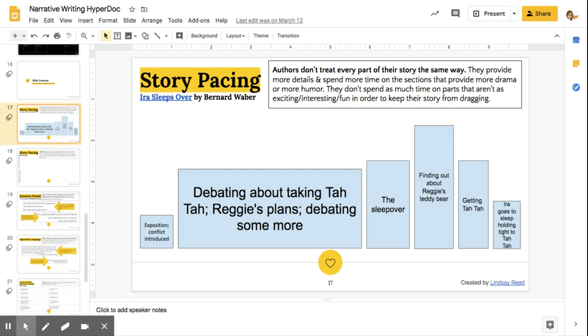One of the most important parts of writing a narrative is making sure that you pace your story appropriately. And by pacing, that means that some events you're going to spend more time looking at and stringing out, where other ones, maybe they're not so interesting, so you're going to spend less time talking about them. So for example, if we're looking at our story, Ira Sleeps Over, I've created this pacing guide for